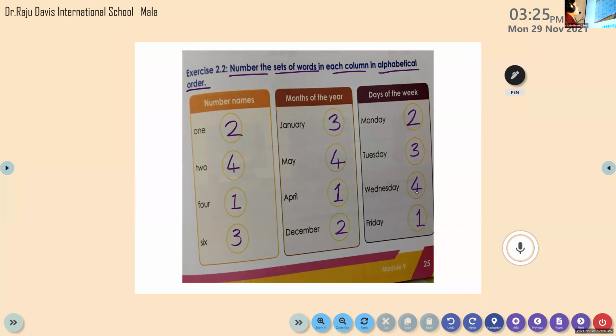I hope all of you are clear with this exercise. Sure? So, you have to keep all the other sequences aside for some time. When alphabetical order is mentioned in the question, you have to give complete importance to that. Arrange in alphabetical order. Whatever the names given, you must not give importance to that. Give importance to the alphabetical order only. All right? Is it clear to all of you? Did you mark the answers?